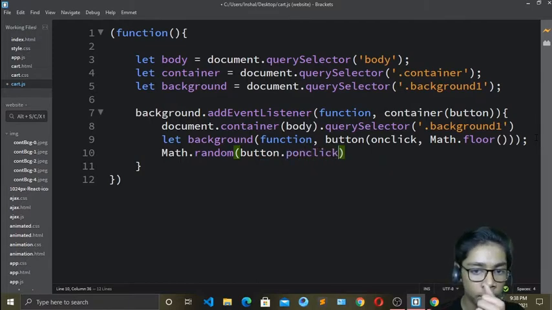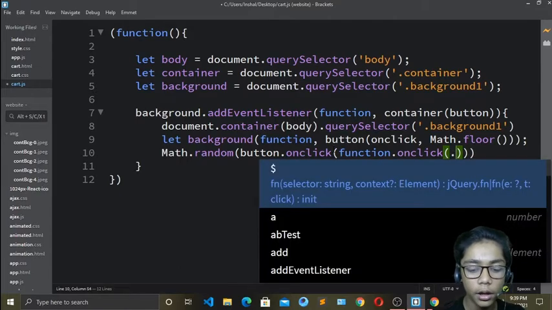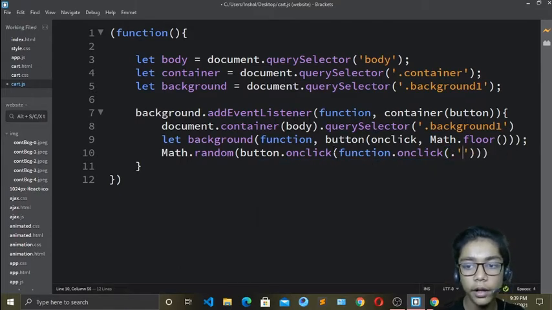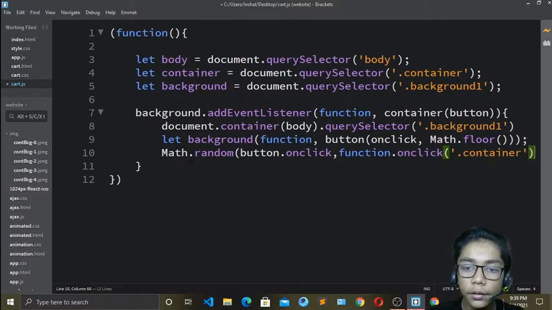Okay, so the spelling is incorrect, so I will erase this p from here, and come over here and write function. Okay, so right over here underneath that I will write function, and write dot, and here you have to write onclick again. Okay, and write over here .container. Okay, so I will erase the dot and write container underneath that. Now erase that and that, and write over here a comma. Okay, so now it is good. When you have done that, erase this one also and this one. Okay, so now it is good. When you have done all these, you have to close that. Okay, so over here I will close.